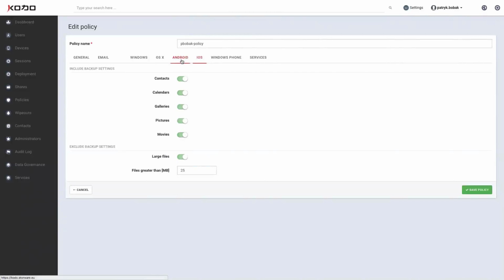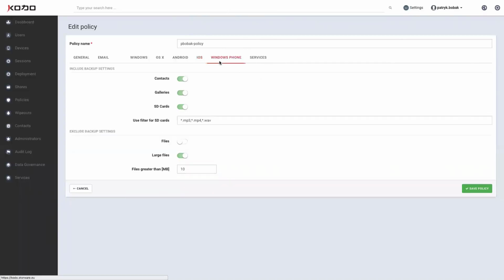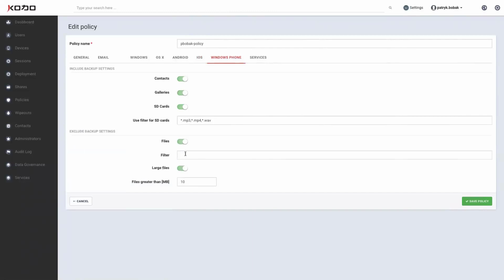iOS is also very similar to Android, but on iOS we don't have access to a file system, so we can back up contacts, calendars, galleries, pictures, movies, and we can exclude some large files. And like I said, we don't have access to a file system, but these settings will tell KODO that pictures and movies that are protected can be greater than, for example, 25 megabytes. And Windows Phone, that is not supported anymore by Microsoft, but we still have a working client for it. From Windows Phone, we can back up contacts, galleries, files from SD card, and of course, we have exclude backup settings for files based on extension and based on